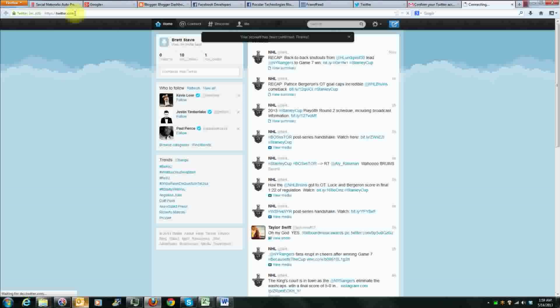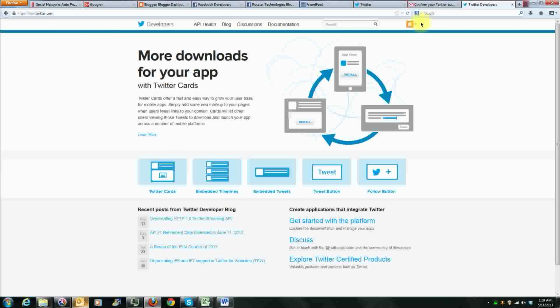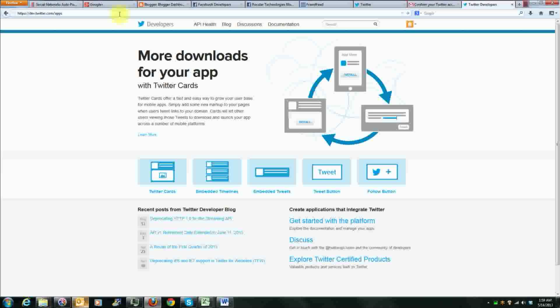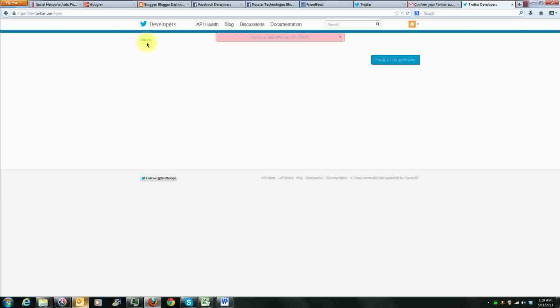Actually, no backslash, because we need to go here, and if it doesn't recognize that you're already logged in, you might need to log in. It already recognizes that I've just created my Twitter account and I am logged in, so I don't need to do that. So now what we're going to do is go back up to the address bar, same address that's in there right now, add a slash apps for apps, hit enter, and it will take us to, and I do not understand why it says could not authenticate with OAuth, but